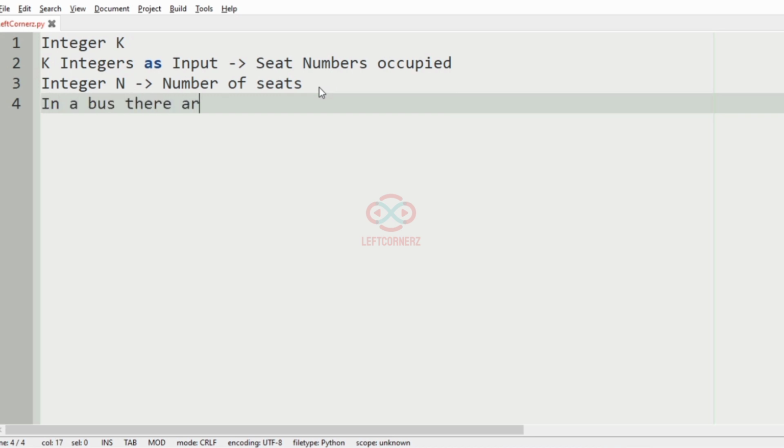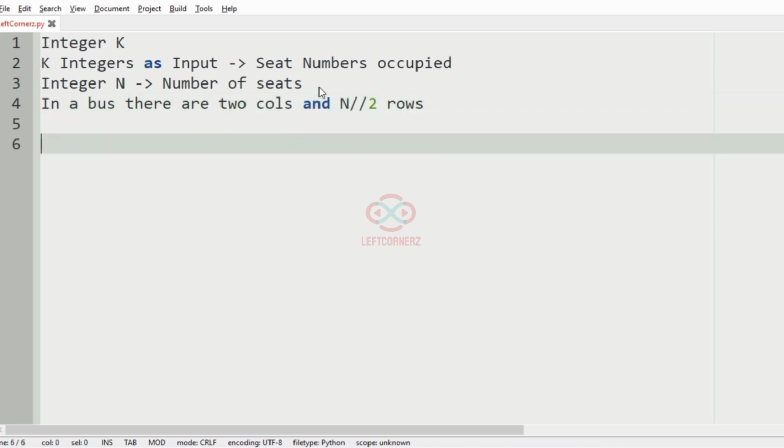There are two columns and n divided by 2 rows. The seat numbers are arranged like this: